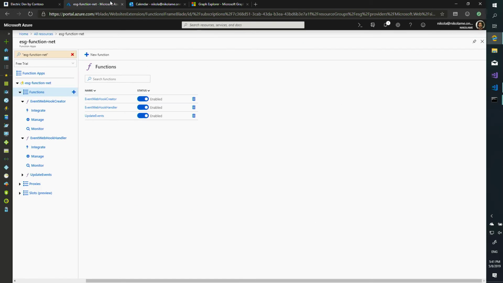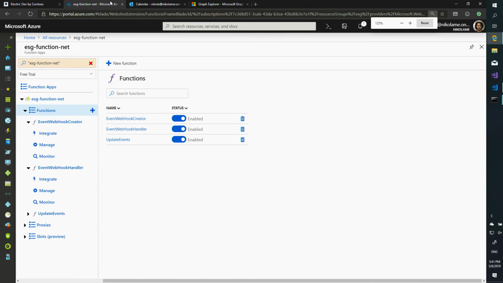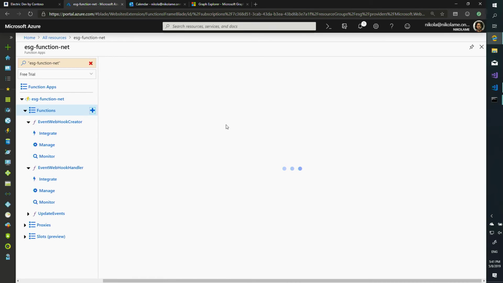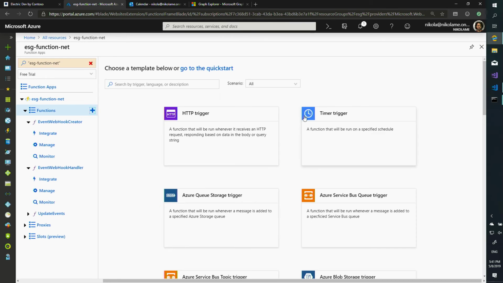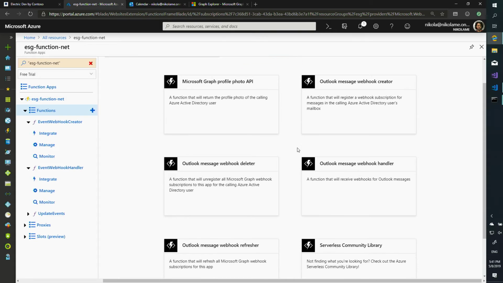Here I am inside of my Azure function. I'm going to zoom in so you can see this. I already have a couple of functions, but I'm going to show you an example of what it takes to create a new function. I'm going to click the little quick button, and this presents you with some templates that we've created that you can take advantage of immediately. We have templates for accessing or querying data from Microsoft Graph, or working with other data sources as well. If I look down at the Microsoft Graph scenarios, we have one